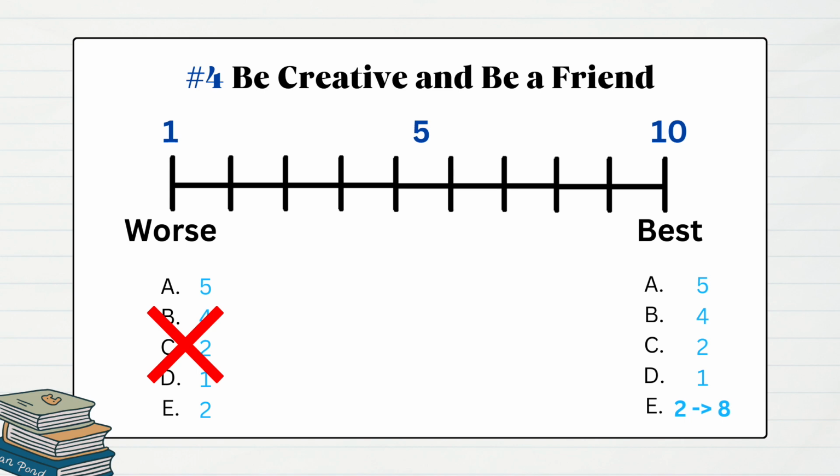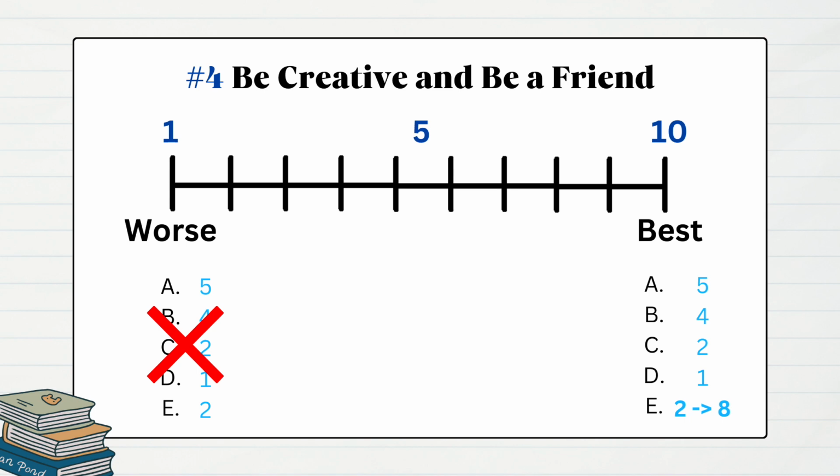If you look at the bottom right, we have the advised answer list, and we can see A and B are not, in fact, the correct answer, but instead E is. Initially, we thought it was a 2, but actually, it's an 8. So, for these very hard strengthen and weaken questions, if you ever see an answer choice that seems very unappealing, you're like, well, they never mentioned that. What does that have to do with anything? And you just cross it out? Well, that's a big mistake. You should be a friend to every answer. Even though it seems bad at first, doesn't mean it actually is bad. So always investigate each answer choice, no matter what.